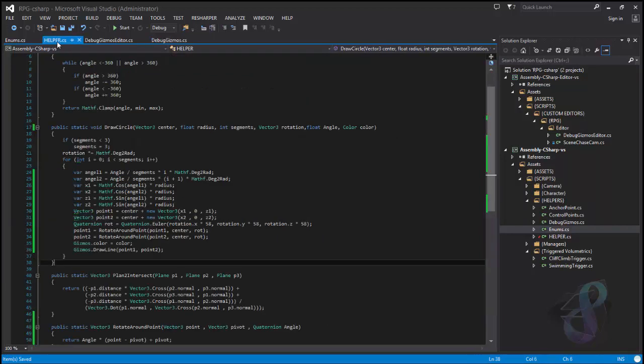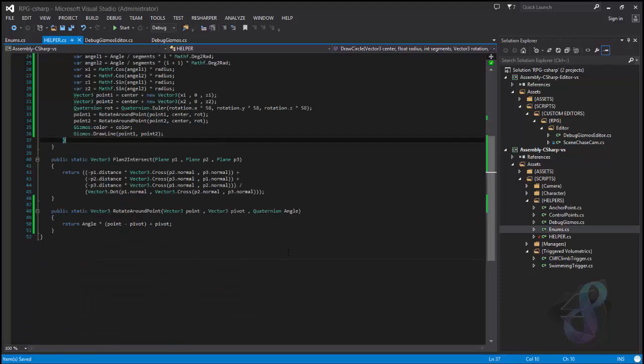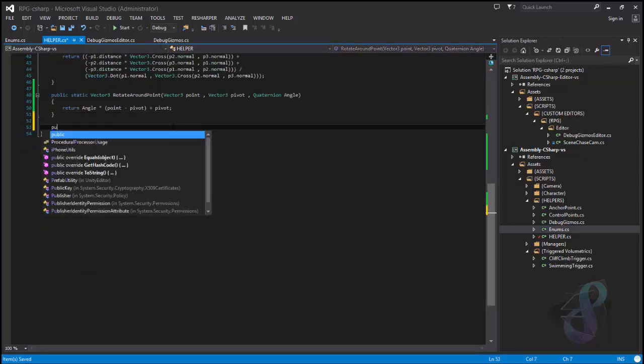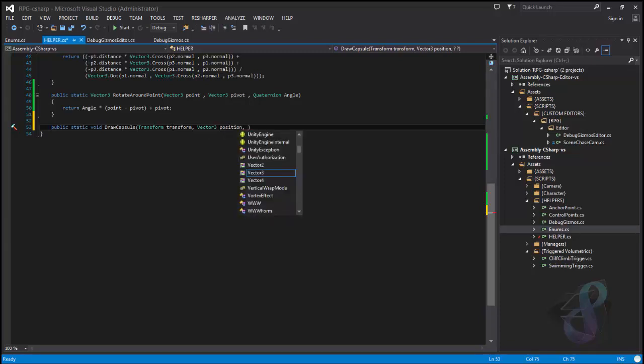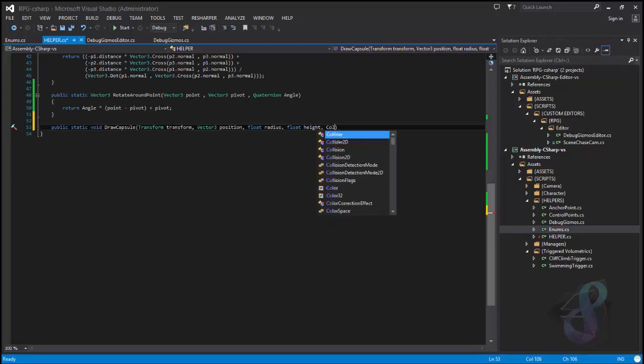now going back to Helper, we will add our DrawCapsule method now. So we say public static void DrawCapsule. DrawCapsule will ask for a transform, we'll call it transform, a Vector3 as our position of the capsule, a float as the radius of the capsule, a float as the height of the capsule, and finally a color that we call gizmoLine. Okay,